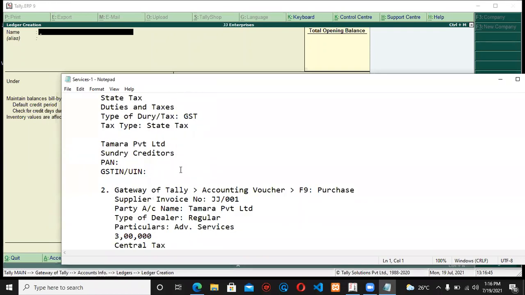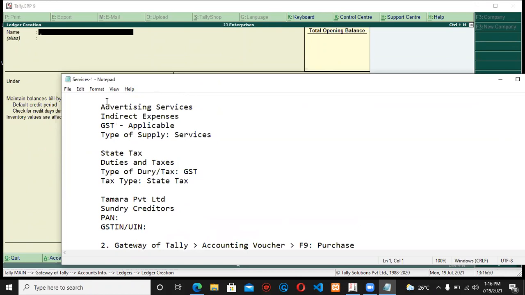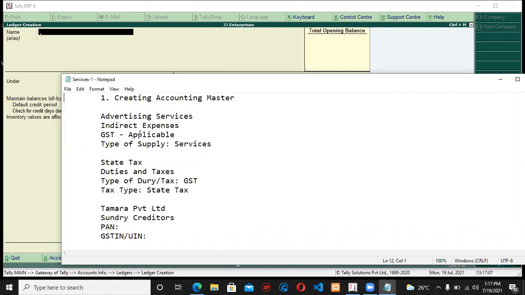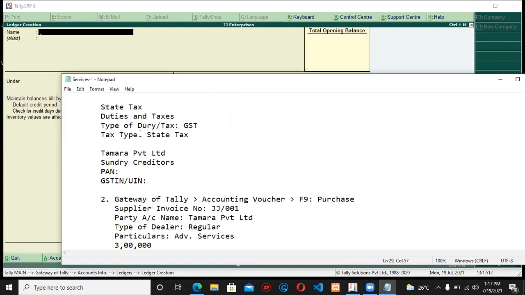So these ledgers are created, including sundry creditors. We have created advertisement, we have created state. Two ledgers are there, and we have even one more ledger, the sundry creditors ledger. So these ledgers have been created by us. Now I'm going to go ahead with purchase. To perform a purchase, this is the navigation I've given already, but here I did not mention that we should be in invoice mode.